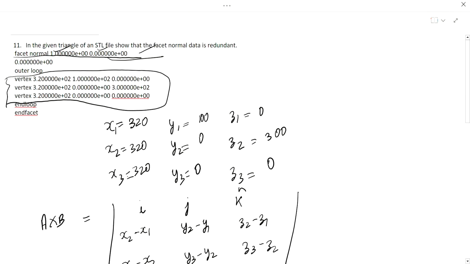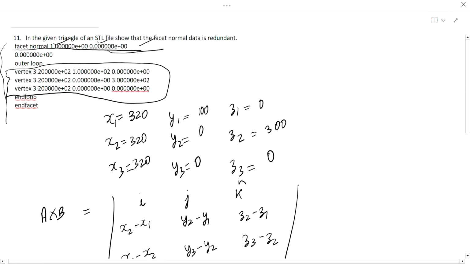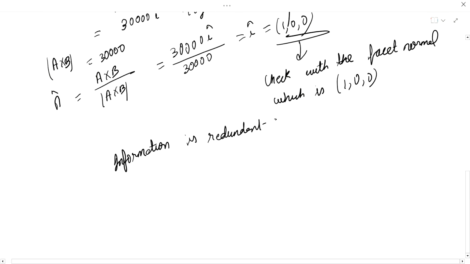Okay. So here you have been given the vertices of a triangle. And it is asked in the question, show that the facet normal data is redundant. This is the facet normal data. So we have to prove whether this data is redundant or not. So we are finding out the n